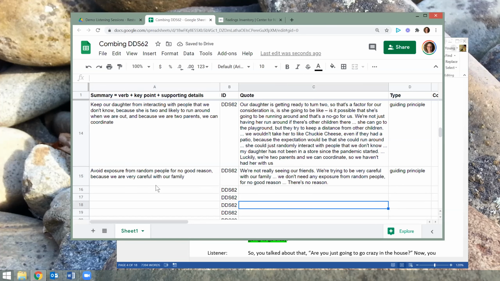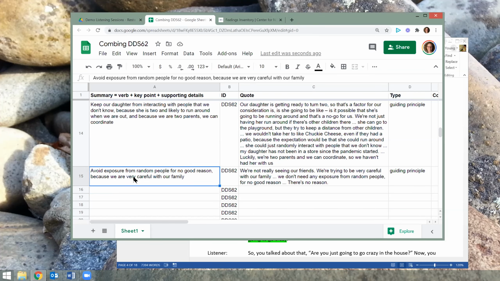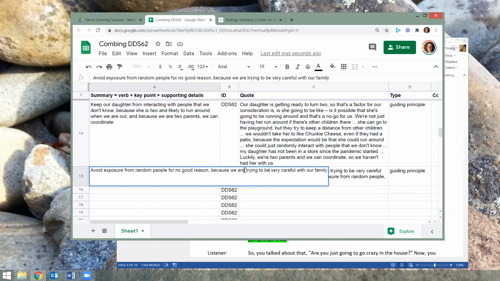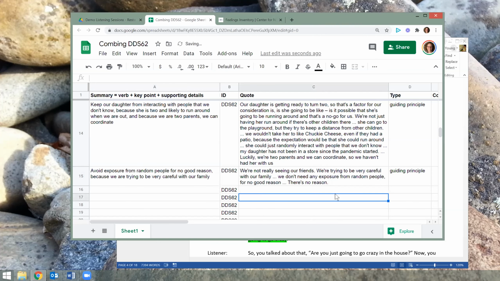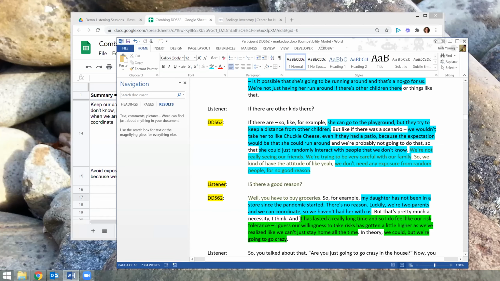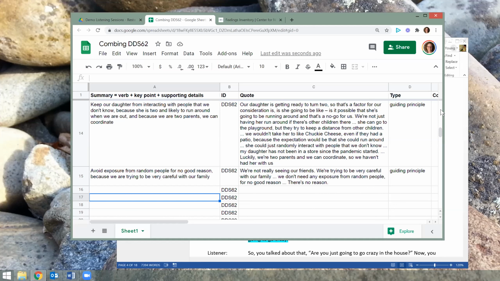Okay. Maybe I should leave that trying to be. Okay. And let's go back here. All right. So now this is full circle back to the whole crazy. Our willingness to take risks has gotten a little higher. We're about to go crazy. Okay, so let me wander back up to that crazy thing and see if it's there or if it's something